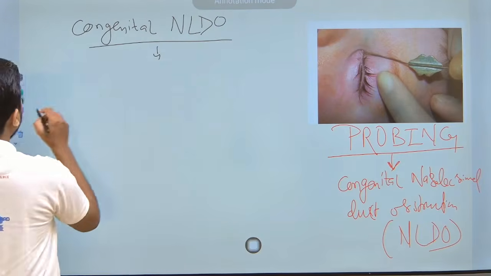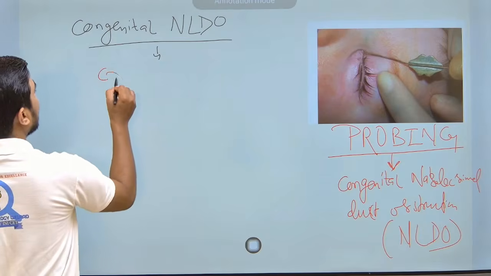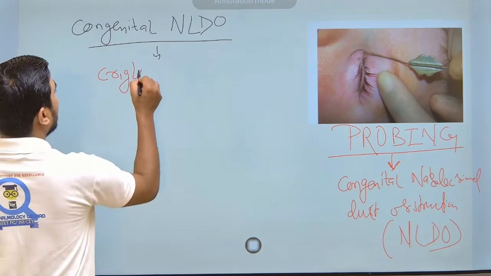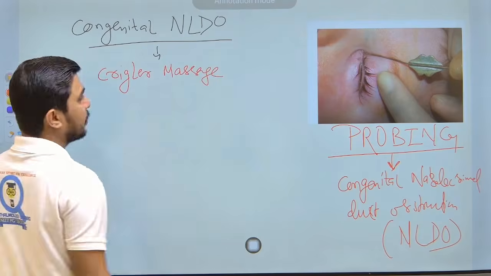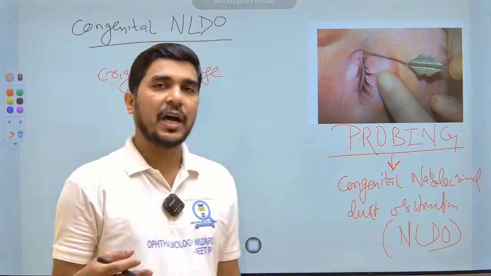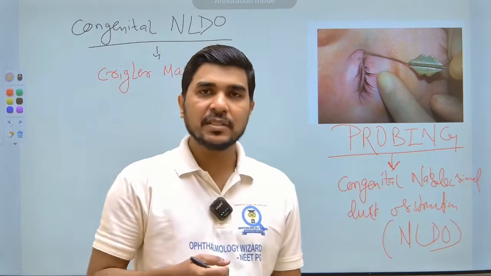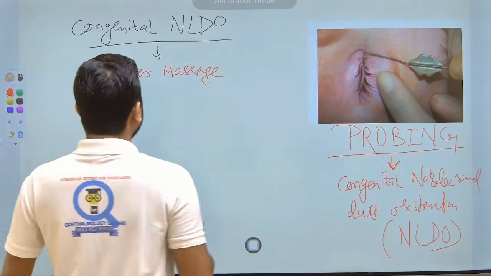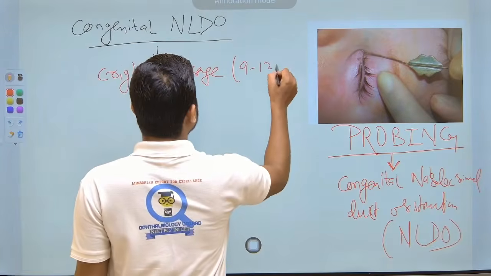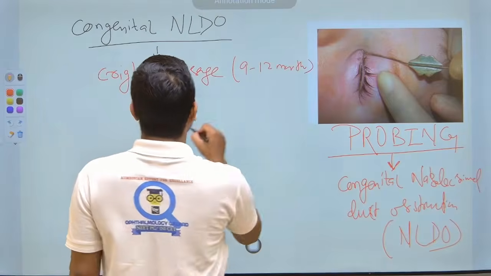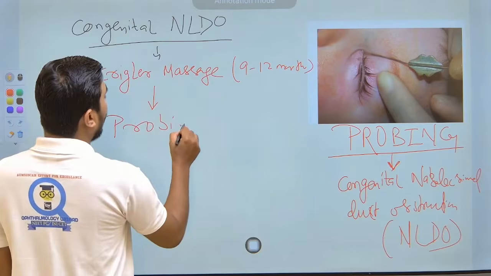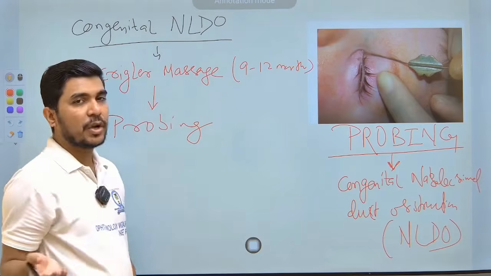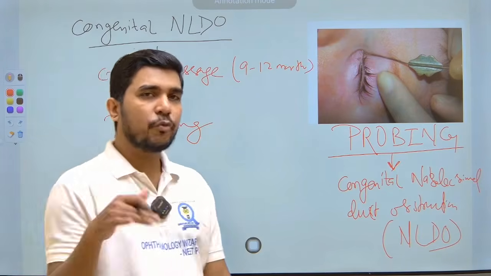So the first treatment that you will start is Crigler massage. So 9 to 12 months तक आप इसको Crigler massage दोगे, followed by आप probing करोगे after 1 year almost. जनरली हम 6 to 9 months बोलते हैं, 9 months के बाद करते हैं, बट 1 year के बाद जनरली